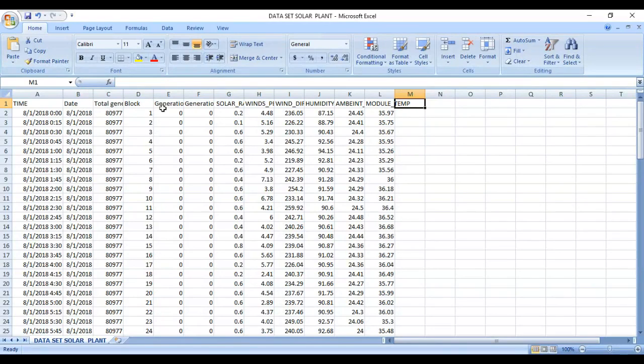These are the things. I will say ambient block. So you see the header. Simply the header is enough. By using that only we will plot.